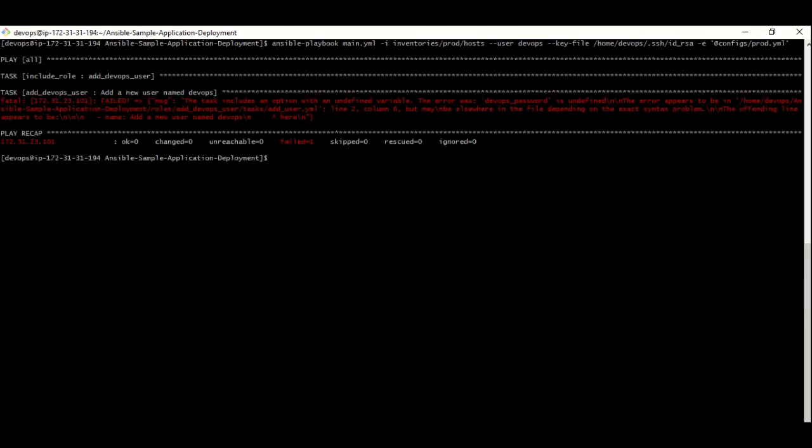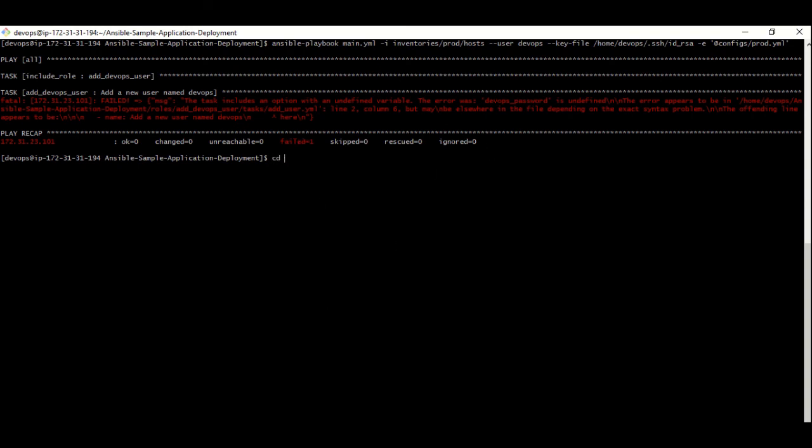So what I'll do is run the same playbook and just provide the prod variables instead of dev. Here you can see I am just using prod, and now let me run it. Okay, there is one thing I need to fix.